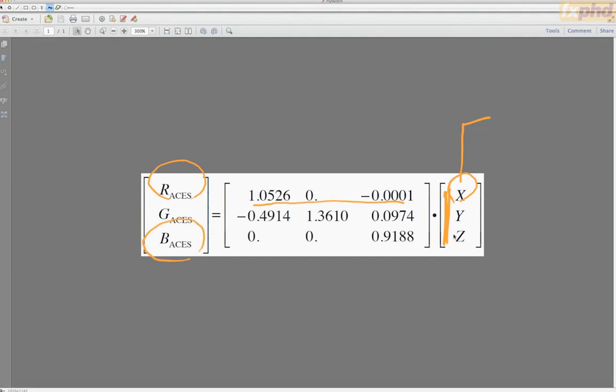ACES blue is just a rescaled version of big Z. ACES green, because of the inverse of the earlier matrix, you've got to decode by this non-trivial combination of big X, big Y, big Z. Okay, so that covers the transforms of